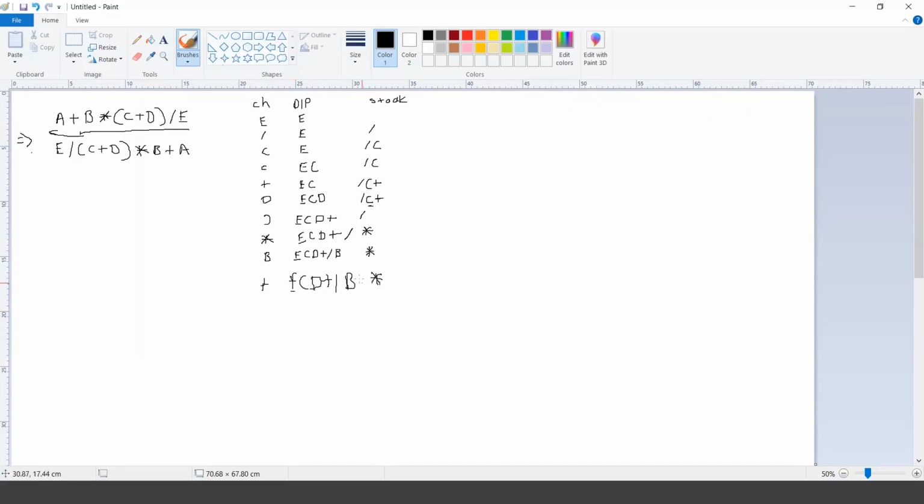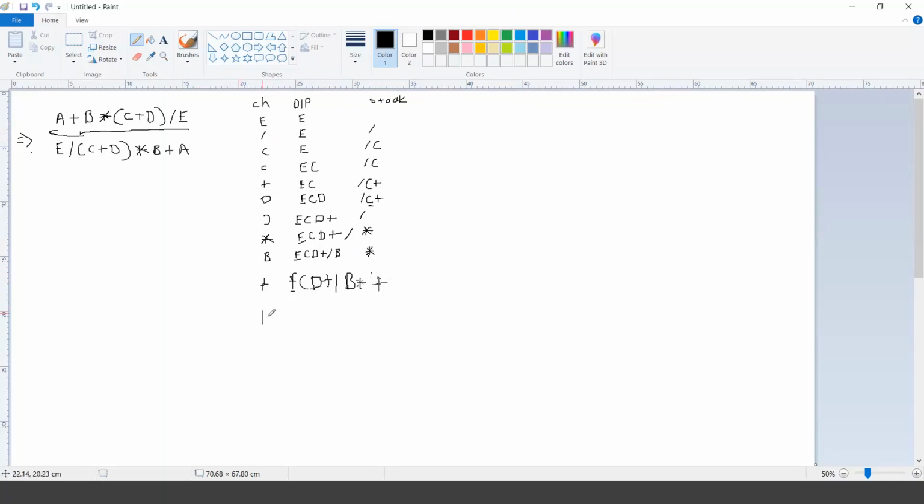Sorry, I have to push the plus on the stack, and this multiplication symbol will be popped out. So I'll get a multiplication symbol here, and on the stack, I'll push plus.